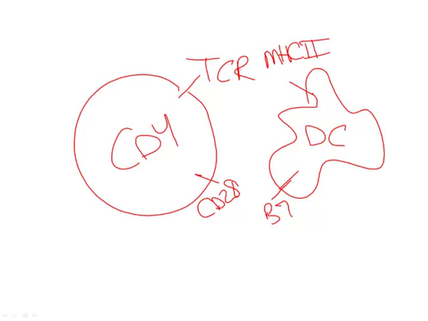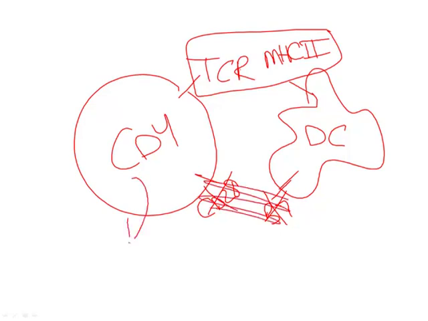It goes into the periphery, and using its T cell receptor, it binds some peripheral antigen. When it does that, you would expect that there would be no second signal because there's no inflammation or anything generating a second signal. And so if there's no second signal, then this CD4 positive T cell will undergo anergy. And anergy, of course, just means that the cell basically shuts down and goes to sleep. So that's one possibility.